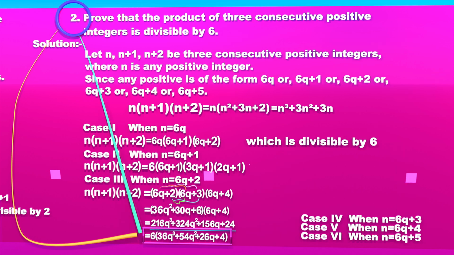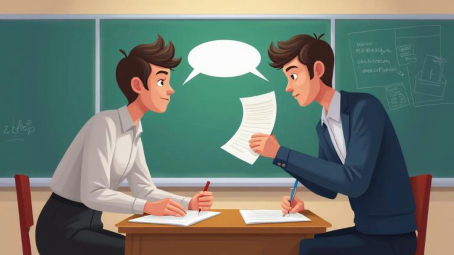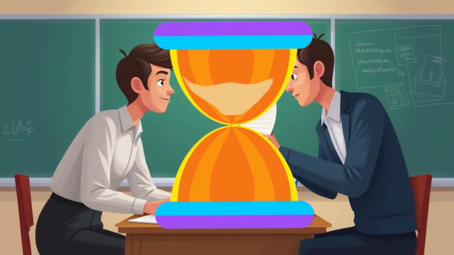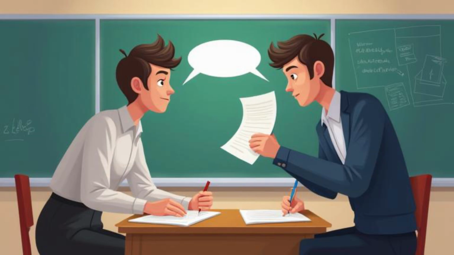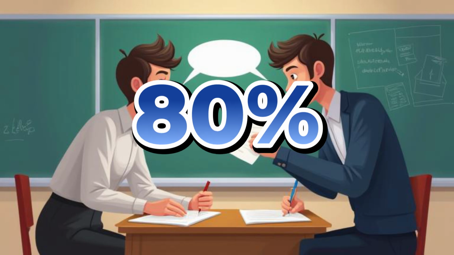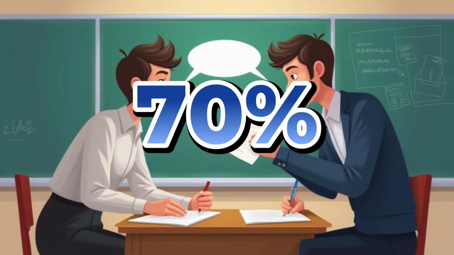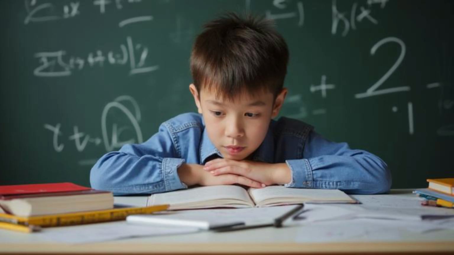We study hard so that we can get good marks in final board exams. But how would you feel if the examiner comes and grabs your answer sheet and takes it away from you? Because now time is over, you cannot write anymore. There are still some questions left to solve, and also you know their answers, but there is no time left to solve them. That means you were able to get 95% in your subject, but the fact is you are getting only 70% marks. You know what was your fault. You used the long way instead of shortcuts. And that's the reason students are afraid of mathematics.